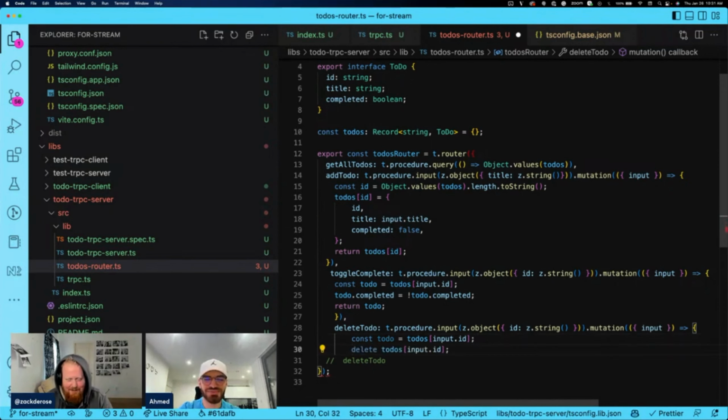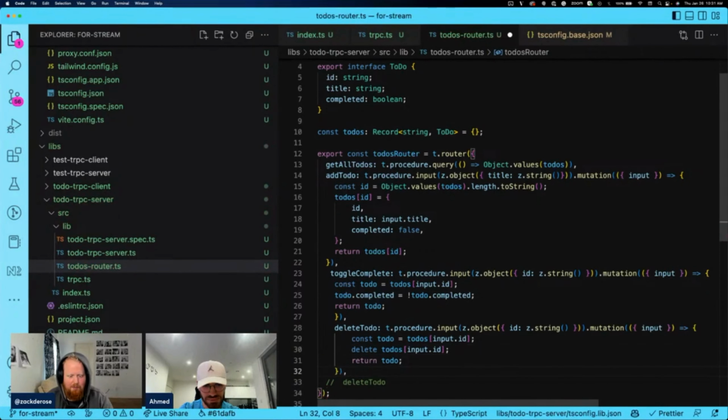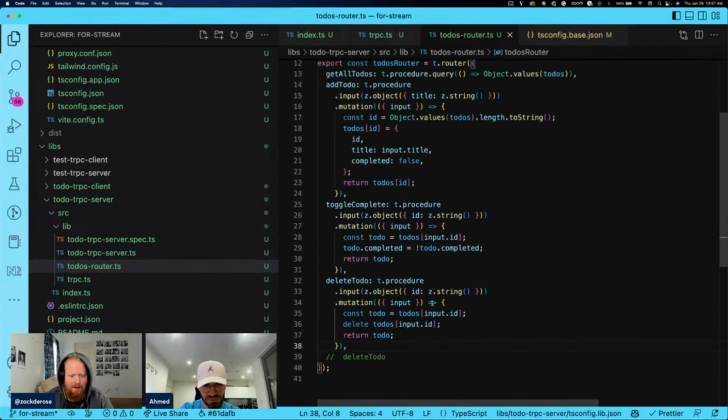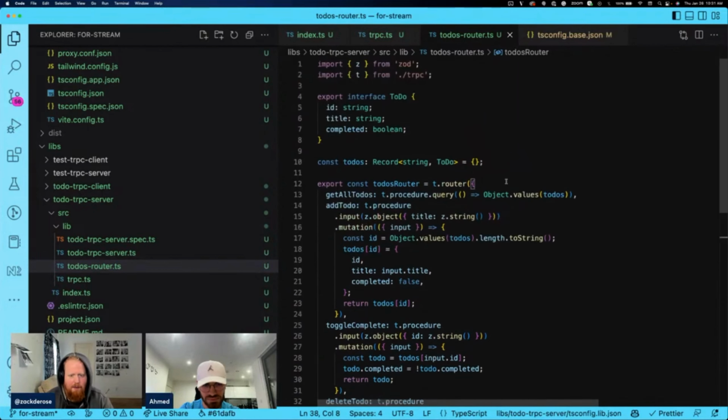I think that works actually. Oh, this is going to give us a problem with if we can delete things. I don't think this is an optimization. I think this is a legitimate bug, where if we delete things like this, we're going to run into problems with our way of getting an ID. So I think maybe we go back to my original idea, which was let's just have a pointer or a